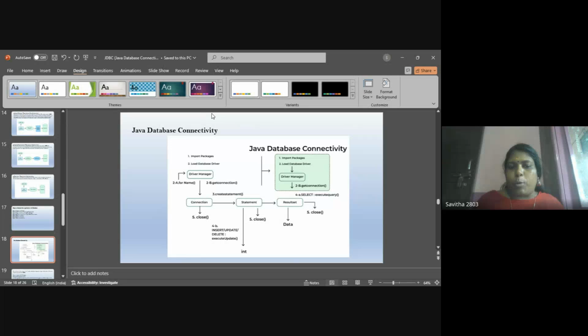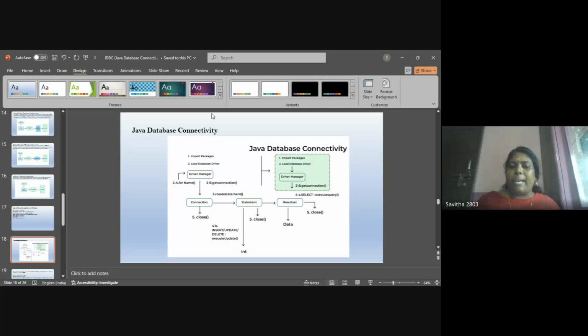So first, import package, load database driver, and then the driver manager will be enabled. First we need to make a connection, and after the connection, when a statement needs to be implemented, whether insert, update or delete, we use execute update. Then after the statement, it will close the connection.